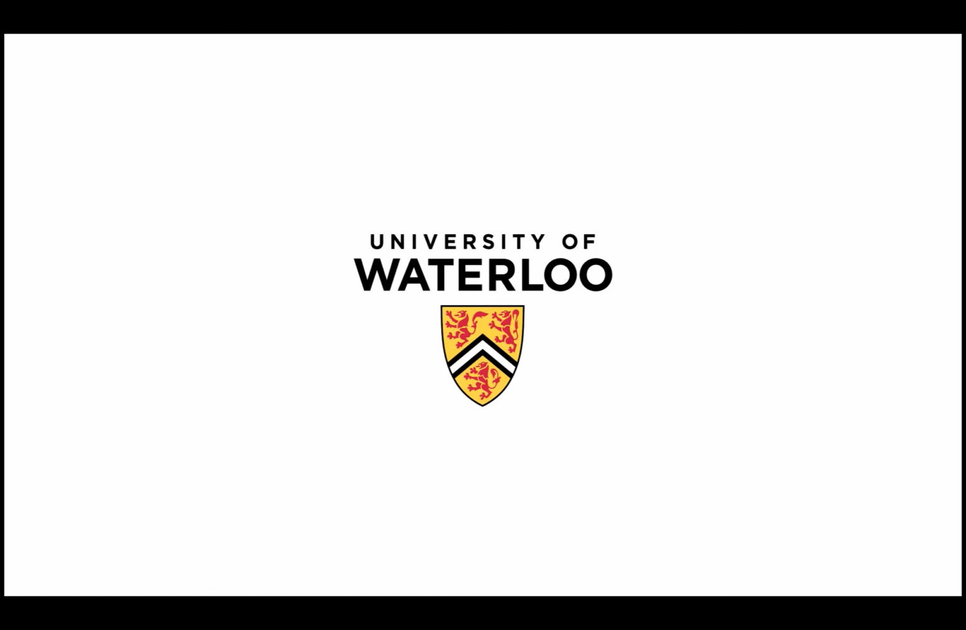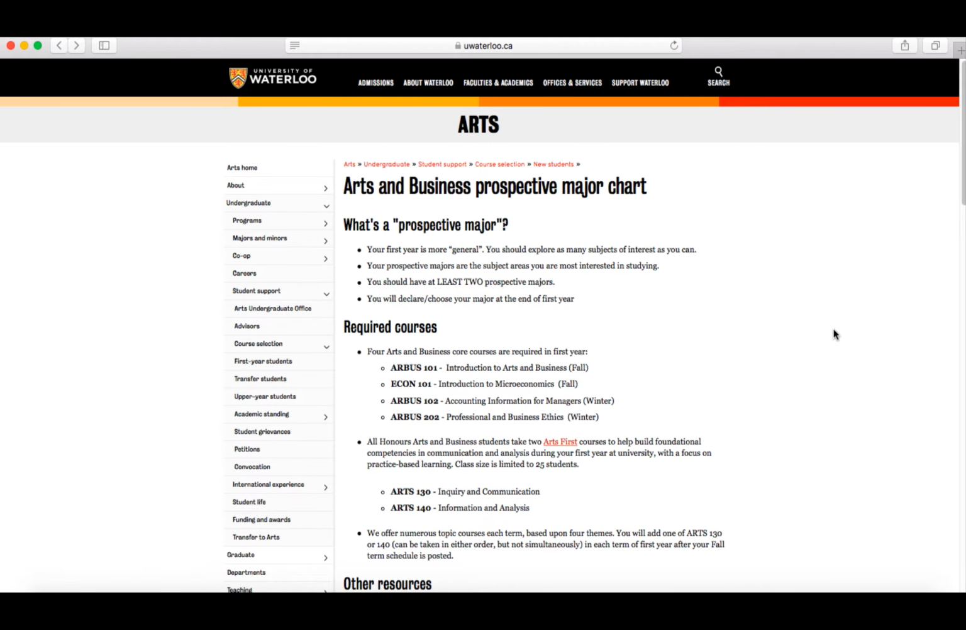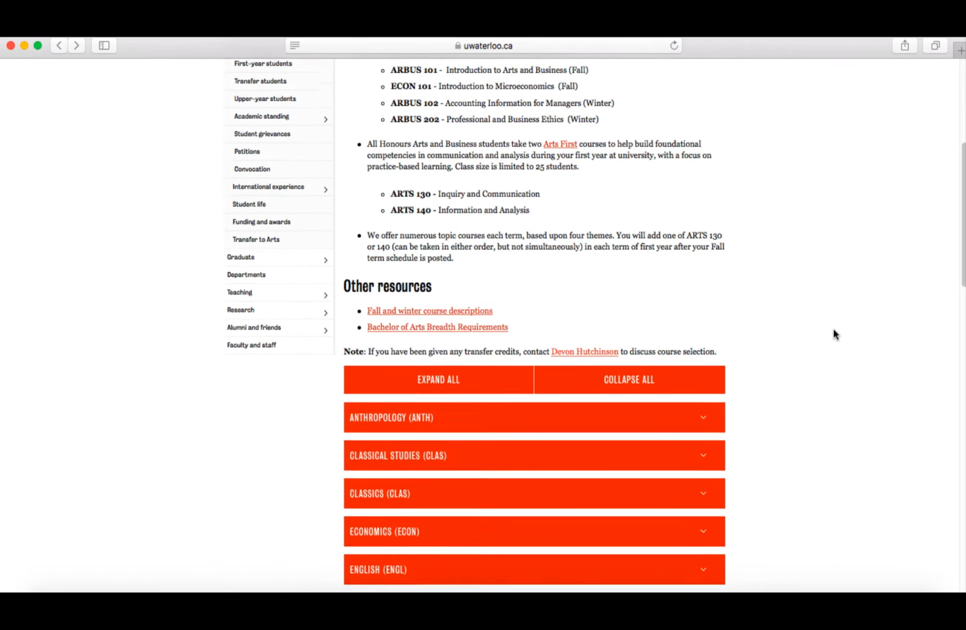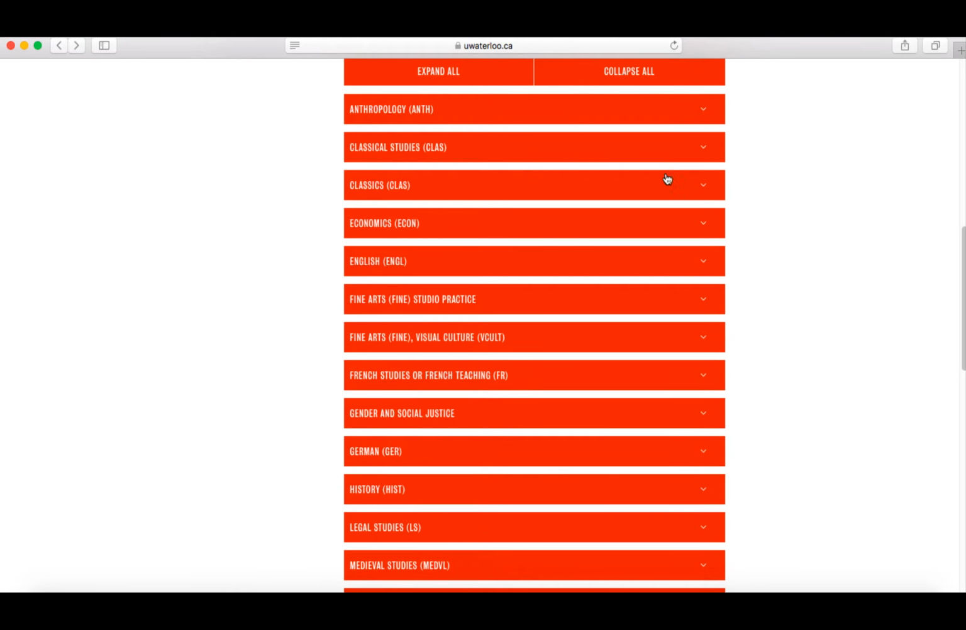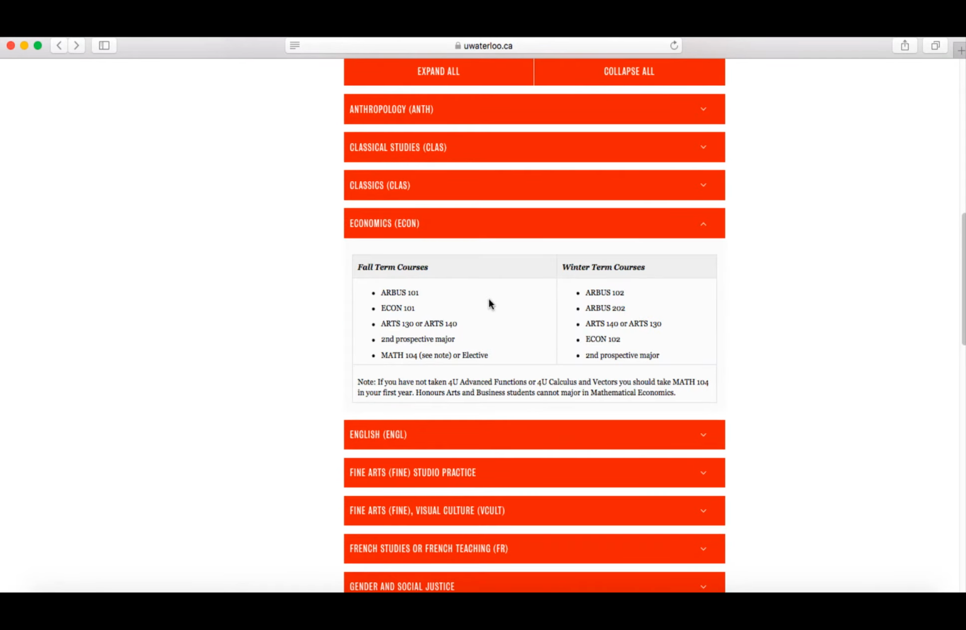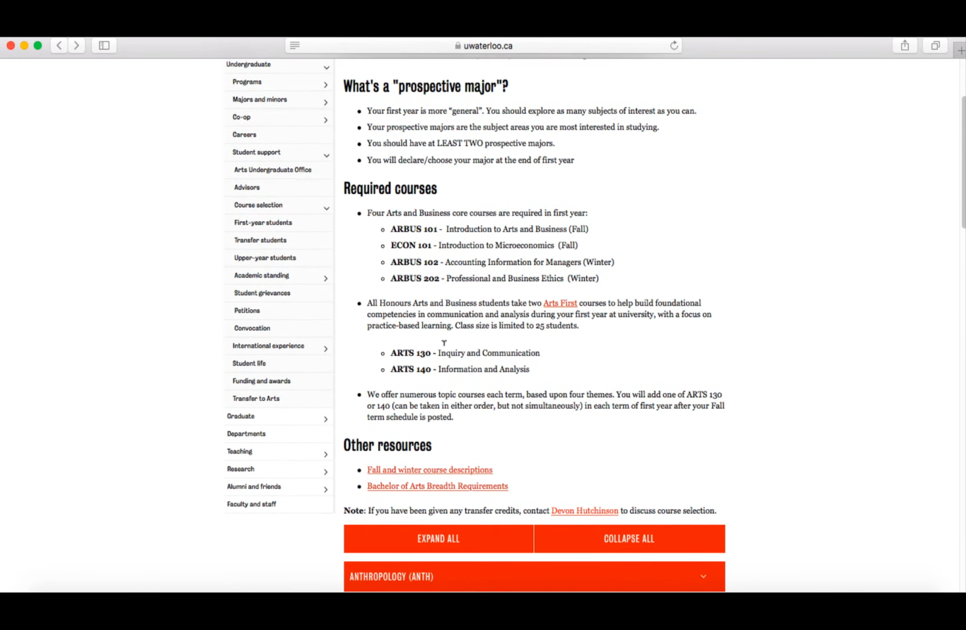So first, when you get into the Prospective Major Chart, you can click on your major of choice and it will expand to show you your required business-related courses, your required major course, and any electives you might have space for. In the fall term, you'll be taking 5 courses, including Arts 130 or Arts 140, which are your required